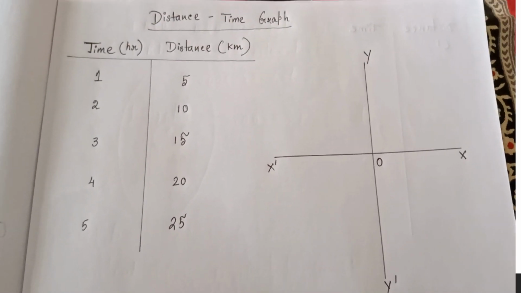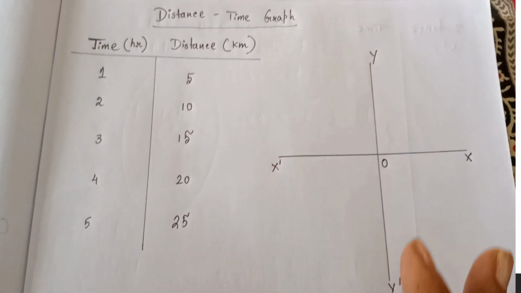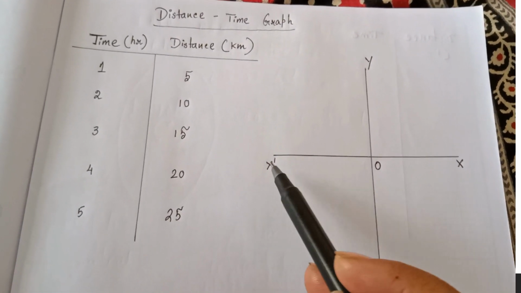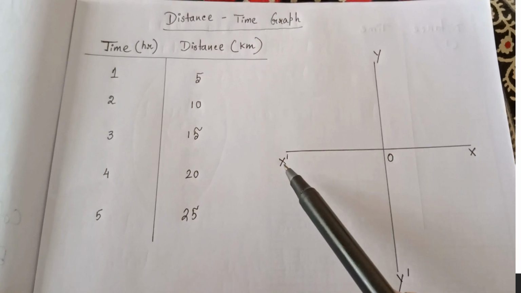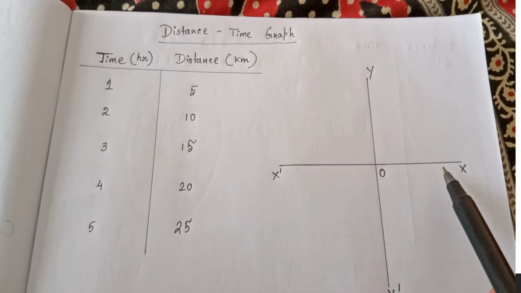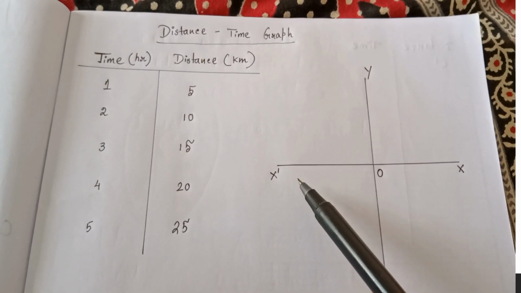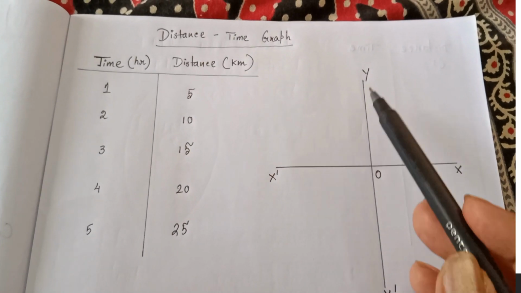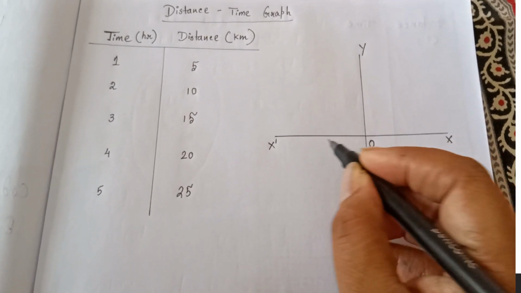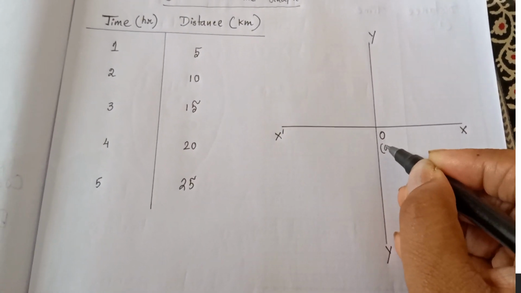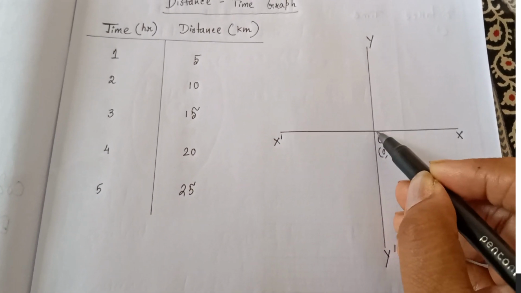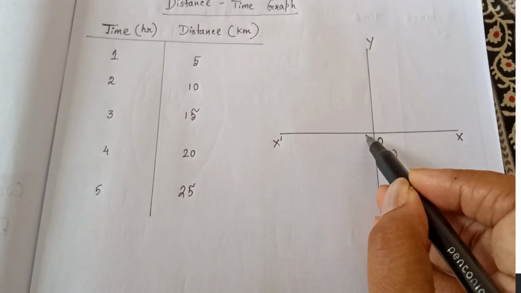So dear children, now I will show you how to draw a distance time graph. First I am showing you this on a blank page. Before you draw the line graph, first you have to draw two lines perpendicular to each other and intersecting at a point. This is the x-axis, X'OX of your graph, and this is the y-axis, Y'OY. Now at this point, the value of both x and y is 0. Okay. Now from this point, as we move, the value on the x-axis will be positive. On this side, it will be negative.